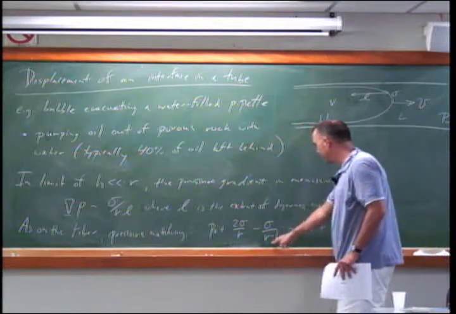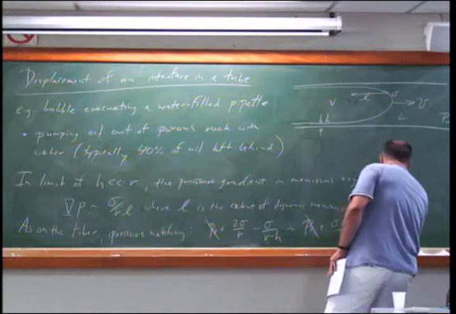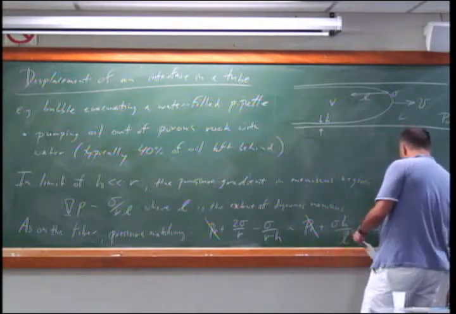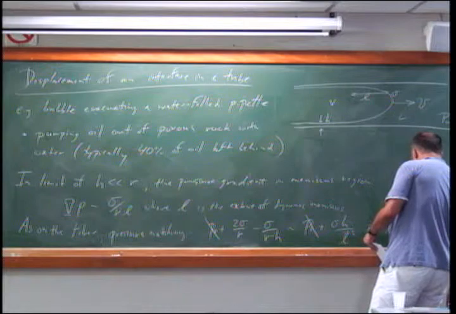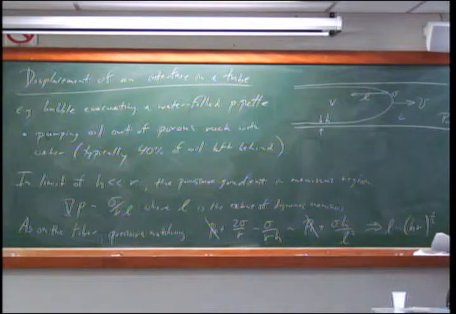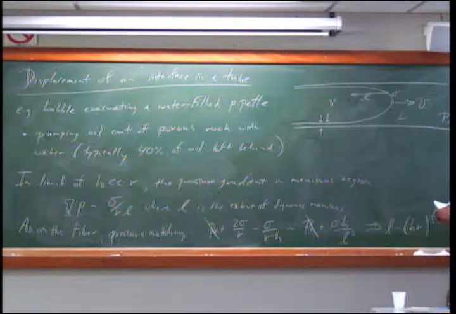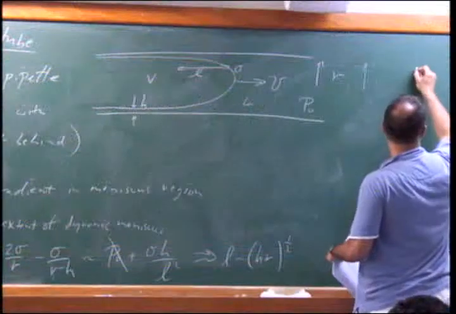Basically H is much less than R, so we can just call that sigma over R. We can cancel these, and you get that the dynamic meniscus has a characteristic scale square root of HR. So again, the geometric mean of the two lengths in the problem, R and H. Okay, so the force balance: